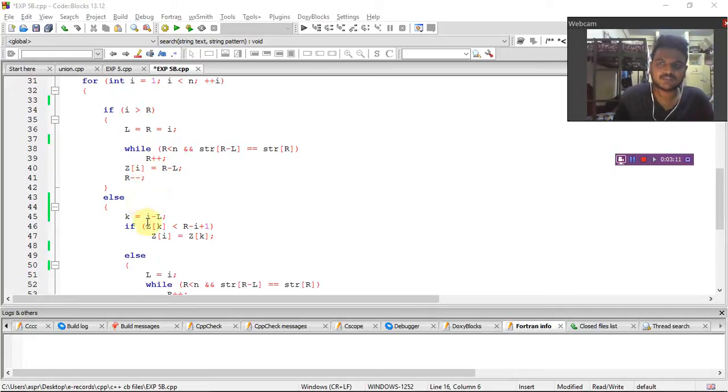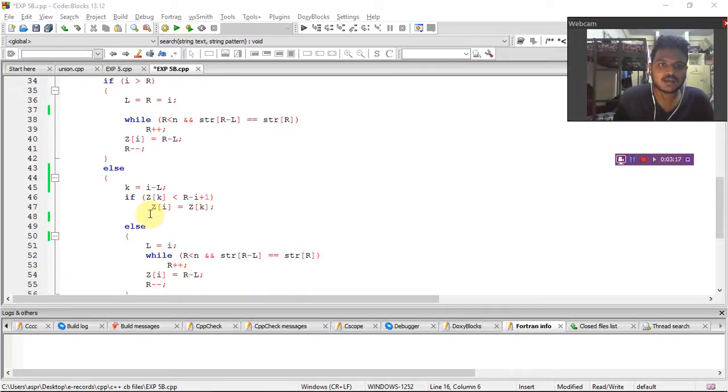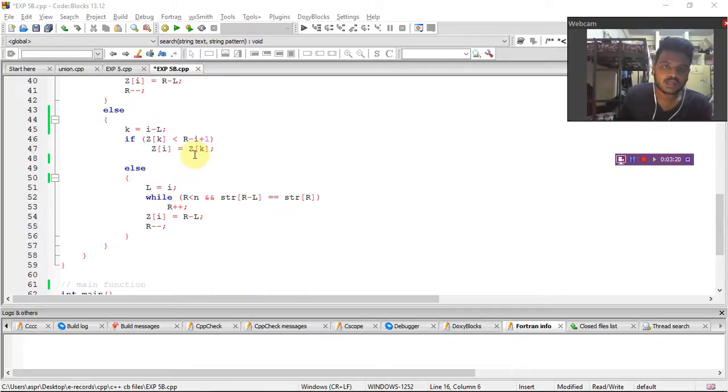Else, here k corresponds to the value of i minus l. Here if z of k is less than r minus i plus 1, means if z of k is less than the remaining interval, then z of i is equal to z of k.